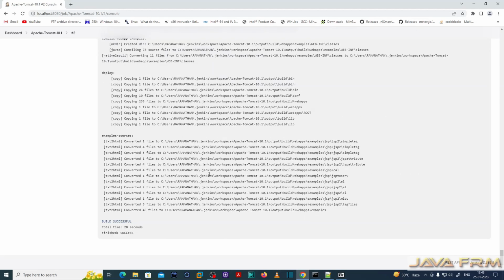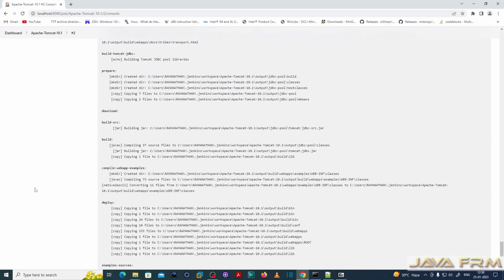So the build is successful. You can see that Apache Tomcat 10.1.5 binaries is created along with sample web apps. So you can browse